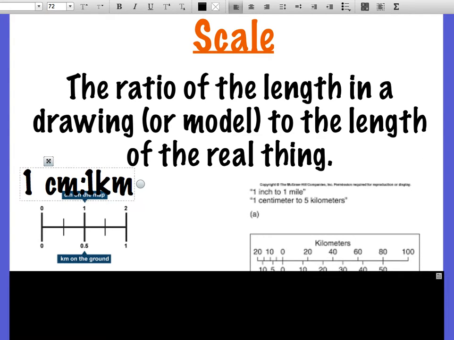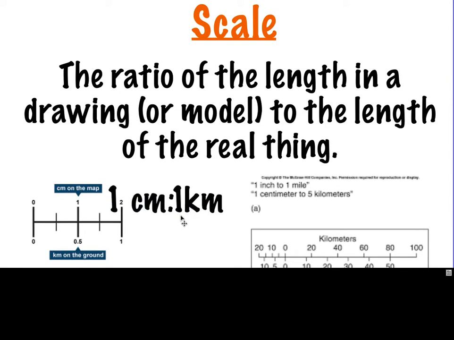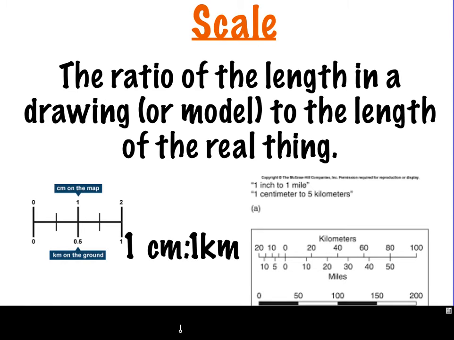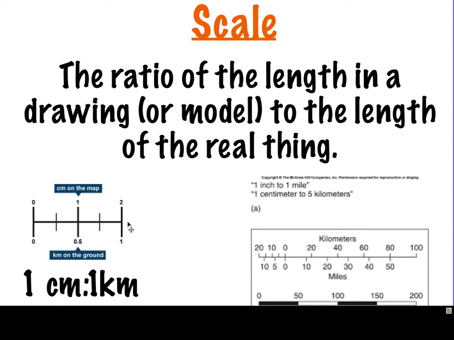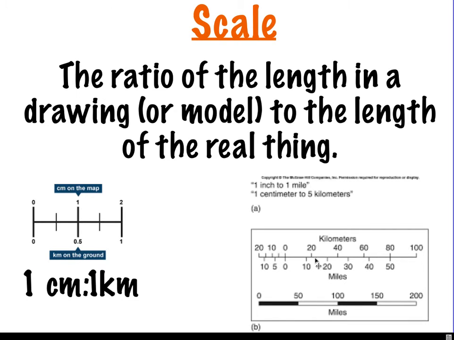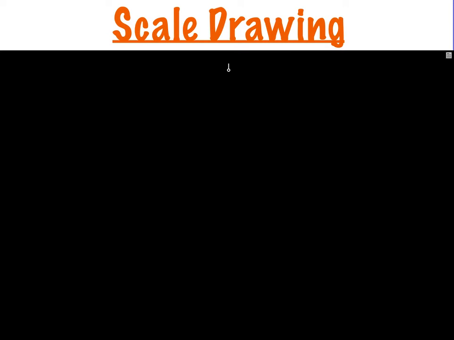Typically, when you're looking at it on a map, it's not shown as a ratio, it's shown in picture form. So you see it more like this and like this than you would written as an actual ratio. Right. And then your next vocabulary term is going to be